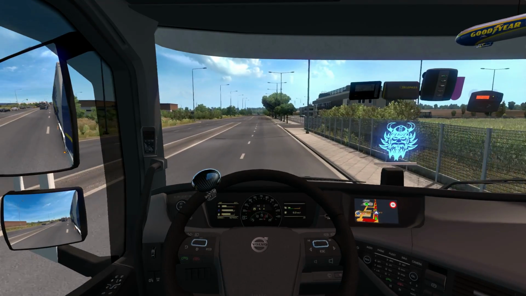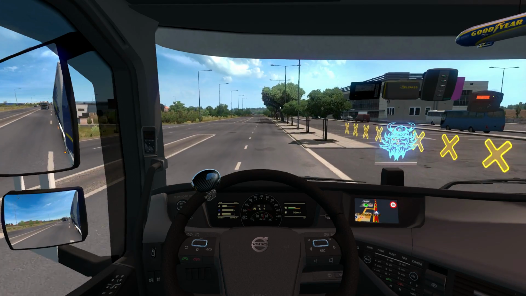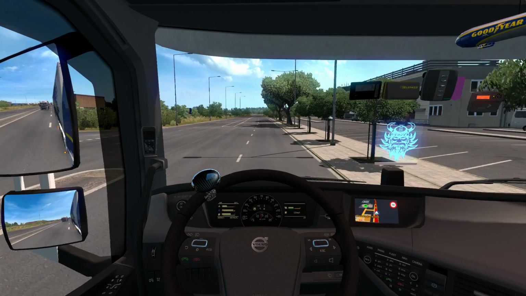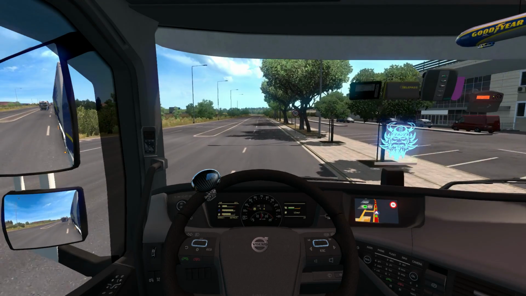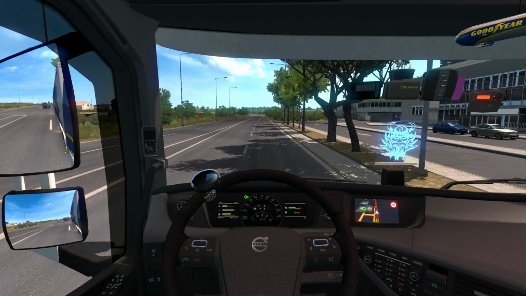So anyway, decided to swap out the trucks. We were driving our RJL Scania with the cast Ikari rigid box on it. I really like that truck. I like that combo. I think it's very novel. It's certainly, compared to base game, certainly something that